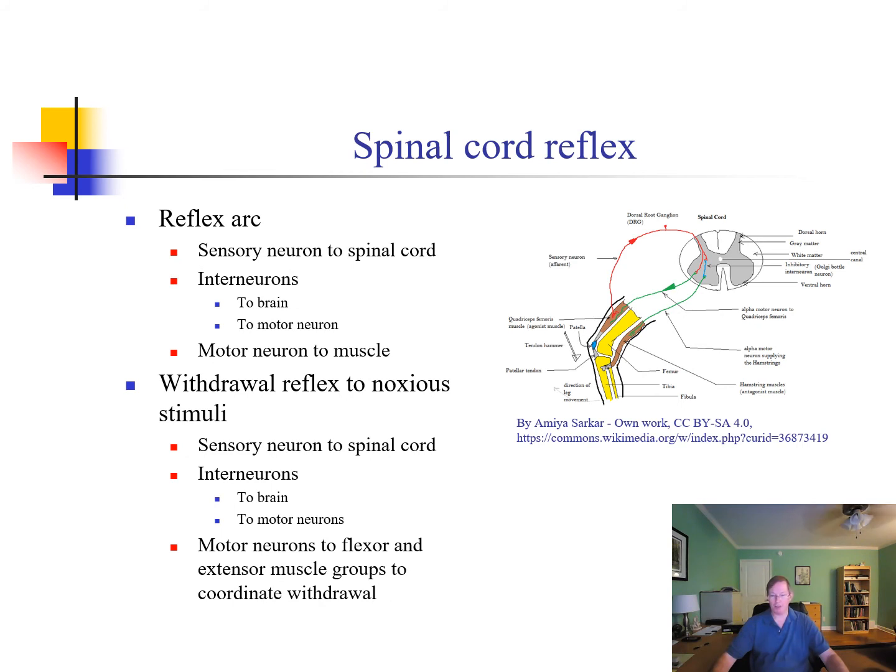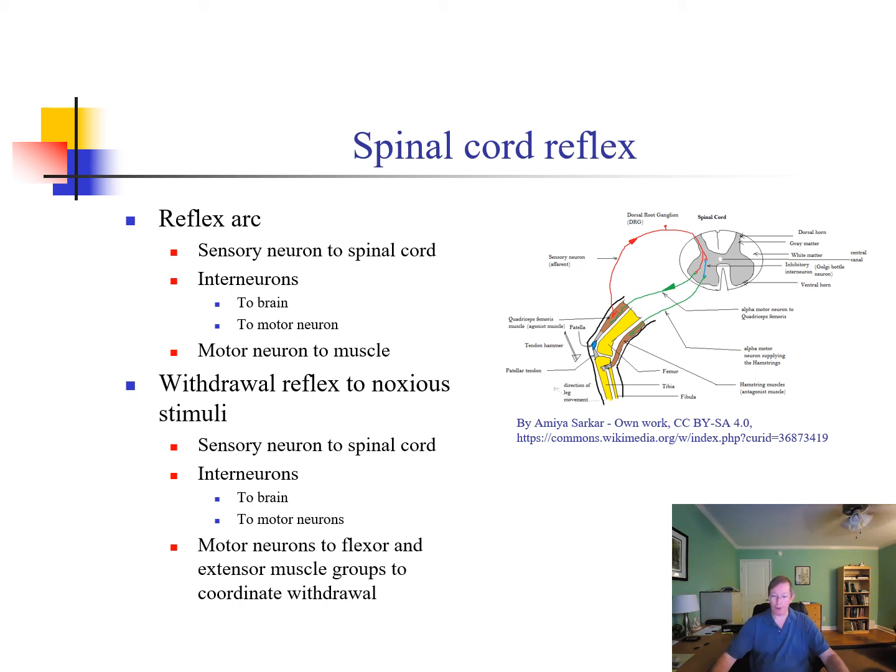Now, I mentioned this spinal cord reflex, and I want to talk a little bit about it. So if this is sort of a diagram of a person's knee, here's the kneecap, and there's a tendon that goes between the kneecap and the anterior shin of the tibia. If you were to strike it, there would be a muscle spindle that would be activated that will go back to the spinal cord, and it would synapse. It would synapse with a couple things. Number one, it would synapse